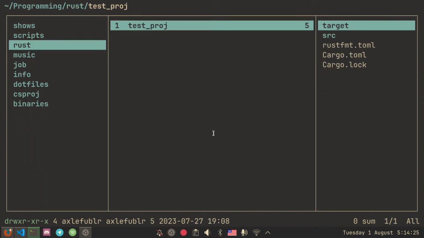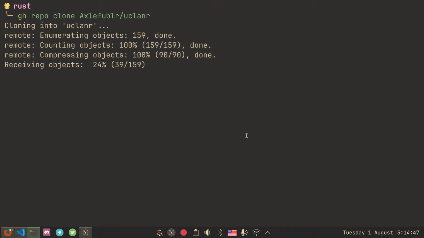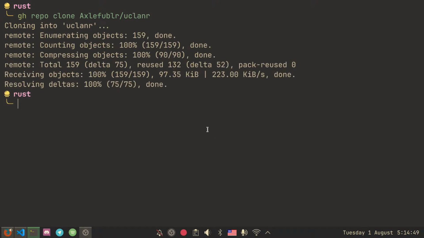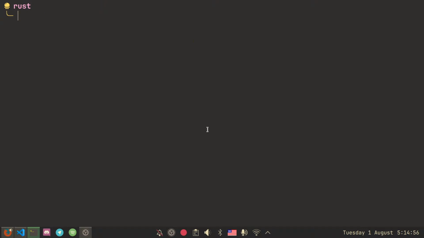So what I want to do today is publish the 2 Rust projects that I have completed. First one, we're going to clone it, is cloner, and the other one will be twice. Great. So let's go to cloner,